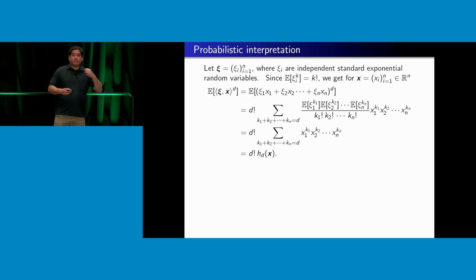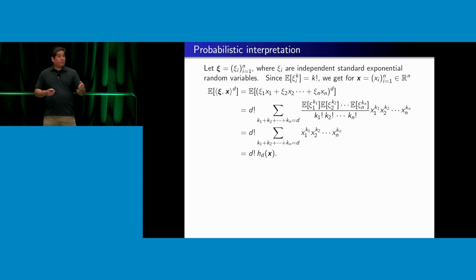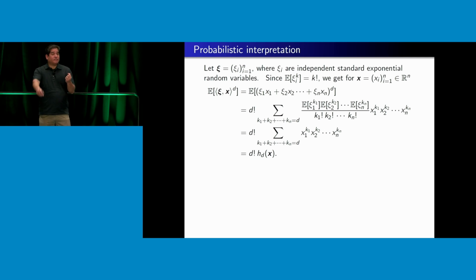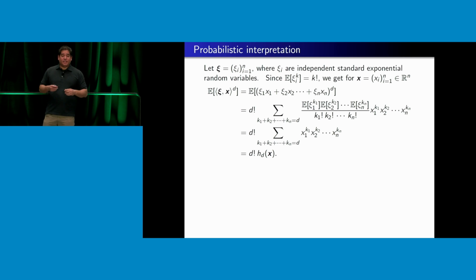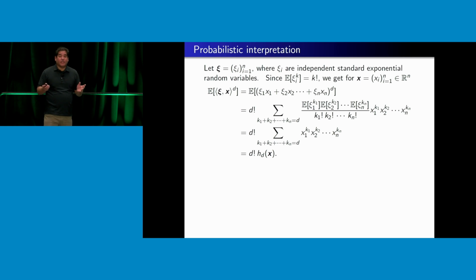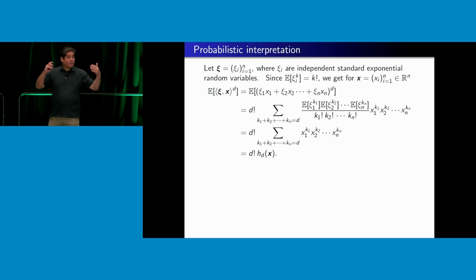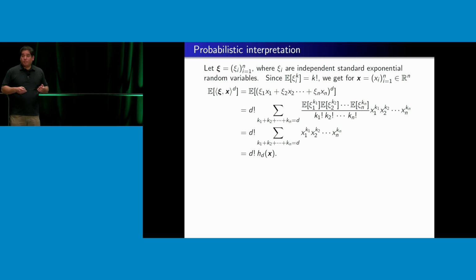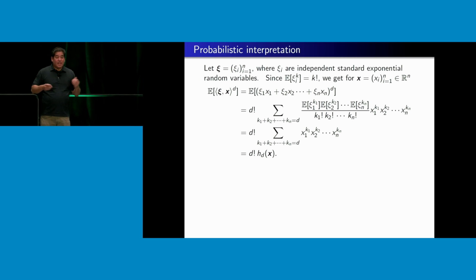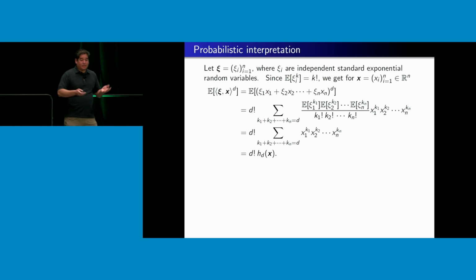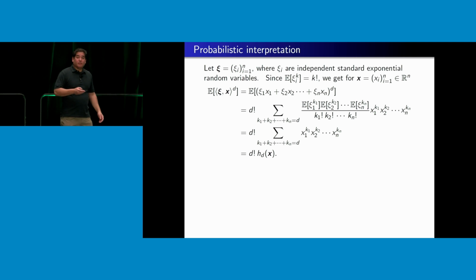So I take the dot product of my random vector c with this fixed vector x, raise that dot product to the dth power, and I get a bunch of junk that you see on screen, right? So I take the expectation of this, and again, you can tune some of this out, but I'm going to say this for the people who do probability theory here. You basically hit this with a multinomial theorem, use the independence to break up the resulting expectations, use the formula for the moments where you get the k factorial, and everything cancels out, and you're left with essentially a constant times the CHS polynomial of degree d.